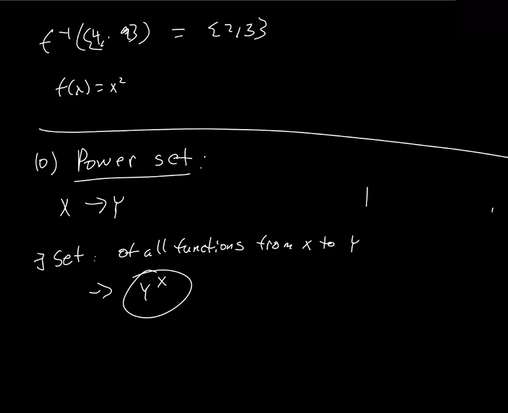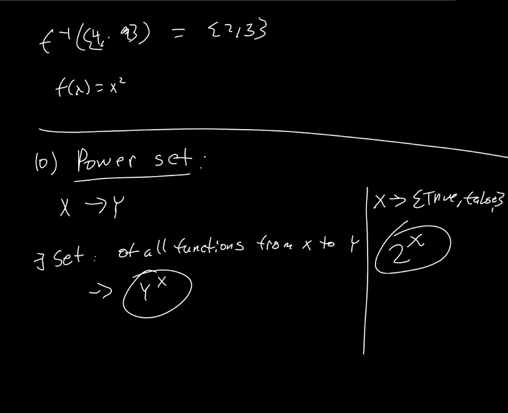That makes no sense. One specific example is if we have functions from X to true, false, right? This is essentially telling you, for each element in X, whether it's in or not in my new thing. So this is essentially just a subset, right? Each element is either in or not in. So there's 2 to the X of these. But do you know what mathematicians decided to call the set of all subsets? Exactly. It's literally denoted as 2 to the X. It's not a number. Makes literally no sense.